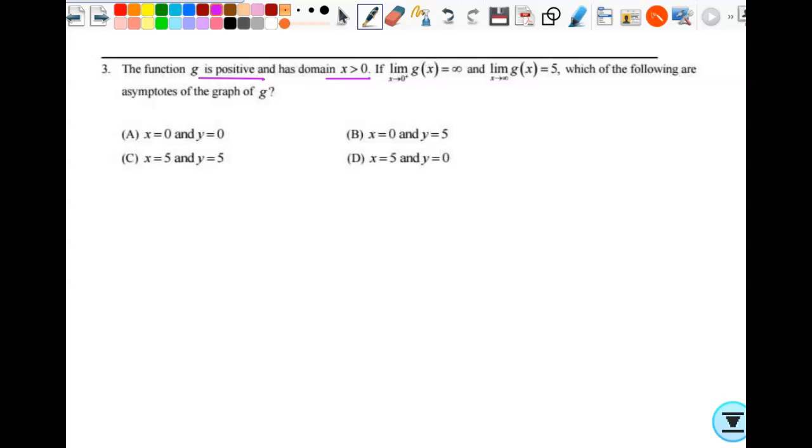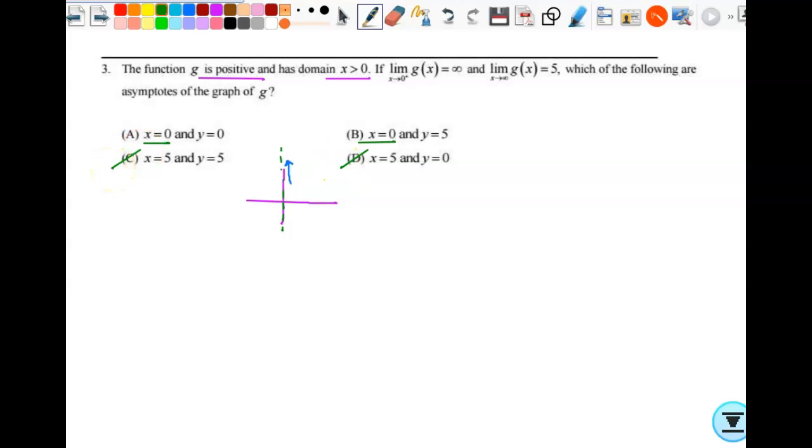The limit as g of x approaches 0 from the right is infinity, okay? So I know my graph all has to be up here. As I approach 0 from the right, it's infinity. So that means that I have to have an asymptote right here, right? Y'all figured that out pretty quickly, I think. So that means I have to have an x equals 0, so that eliminates those two pretty quickly,